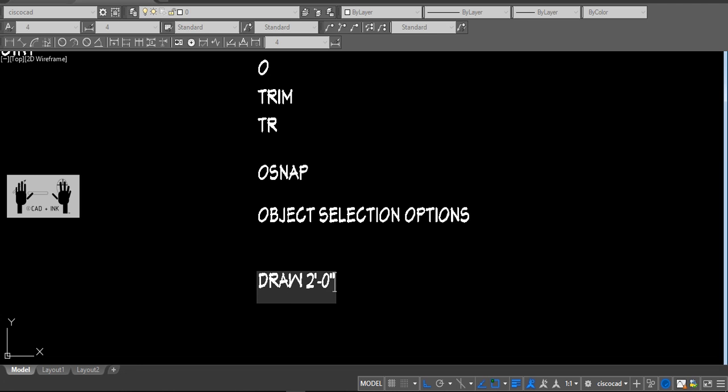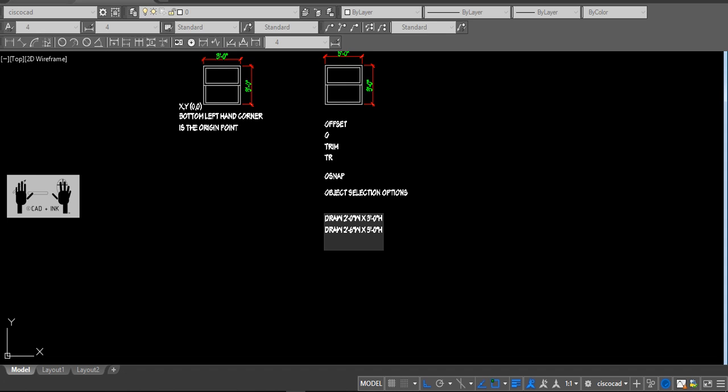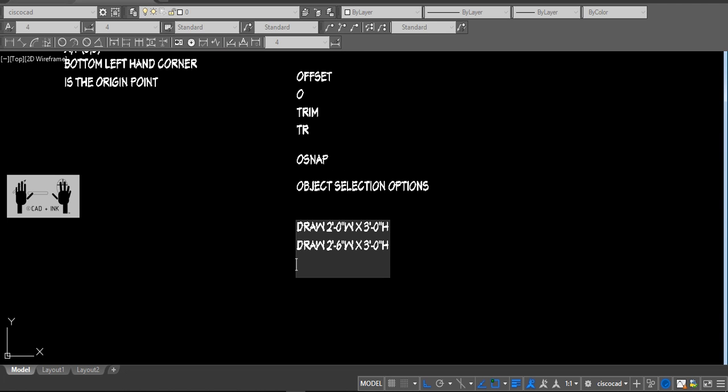You're going to once again draw a 3 foot wide by 3 foot high window, and you're going to draw a 3'6" wide by 3 foot high window, and then you're going to draw a 4 foot wide by 3 foot high